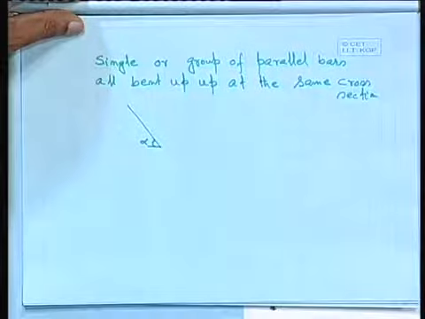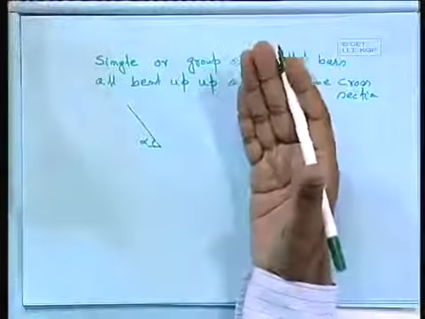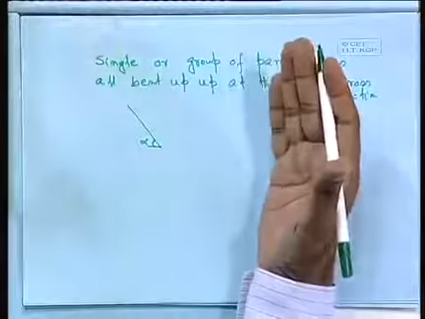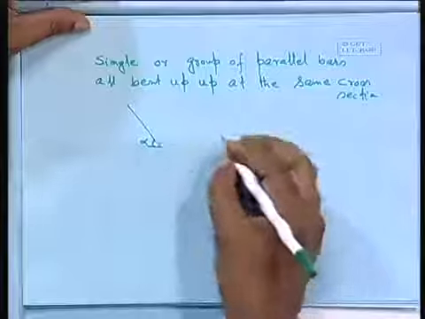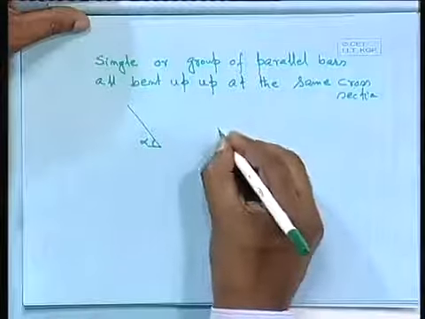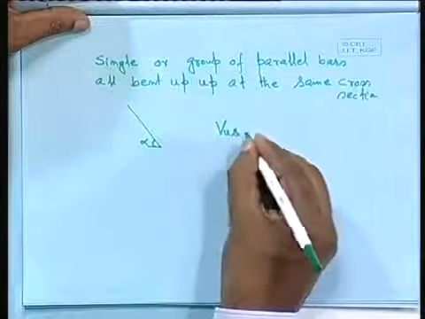So it may be only a single bar or a group, that means if it is two-legged, you take 2, or if it is three-legged, it is 3, those are at the same cross section. So we can find out that V_us equal to